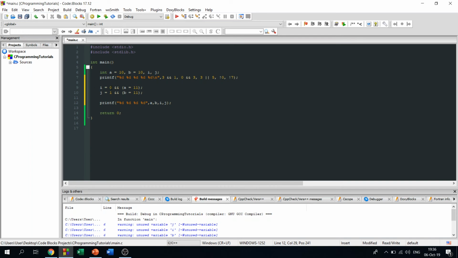So if program sees that on this side there is 0, it won't even look on the other side because it's enough for it to know that this will return 0. So A will stay the same, stay 10. Okay, so that is our conclusion, that I will be 0 and A will stay 10. Okay, so here we have